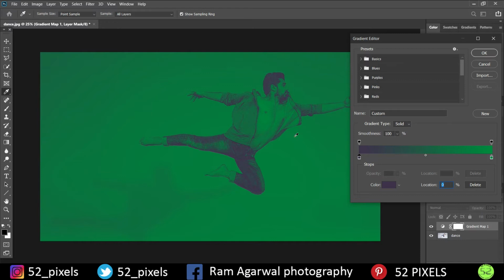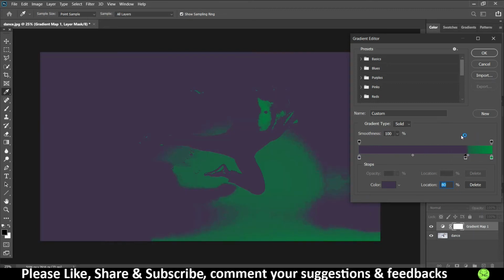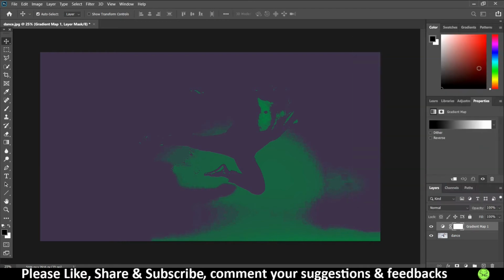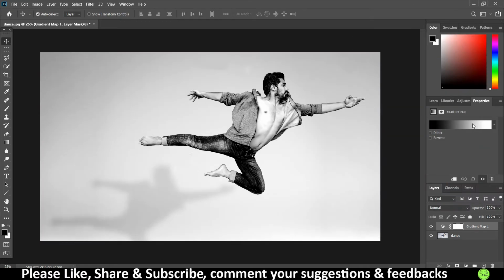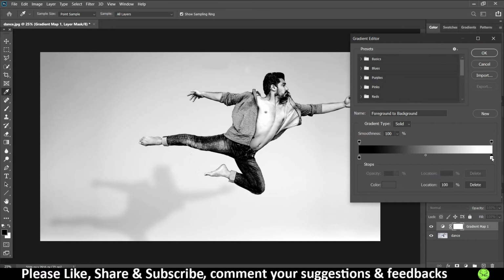Now there are more tricks in that. First thing is that you can change the intensity of a certain color using this color midpoint. What you have to do is just click on it and drag it. If I want to increase the intensity of my green color, I'll drag it to the left, and it will look like this. And if I want to increase the intensity of my purple color, I will drag it to the right and it will look like this, which in all the cases is messed up. To get rid of what you have done, you can just press cancel and get it back to 0.